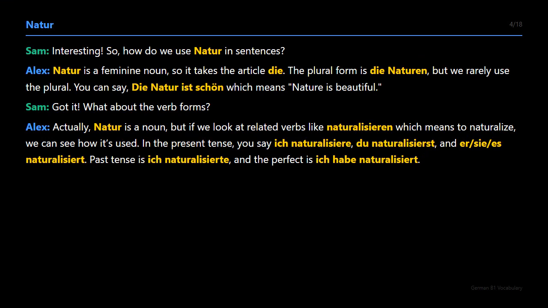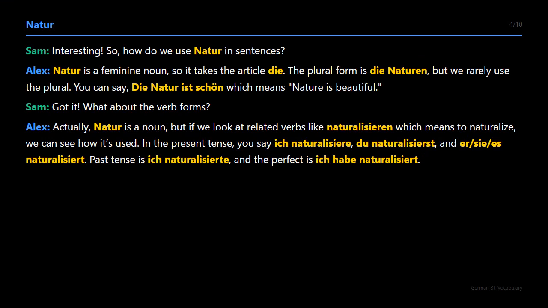Got it. What about the verb forms? Actually, Natur is a noun, but if we look at related verbs like Naturalisieren, which means to naturalize, we can see how it's used. In the present tense, you say, Ich naturalisiere, Du naturalisierst, and,